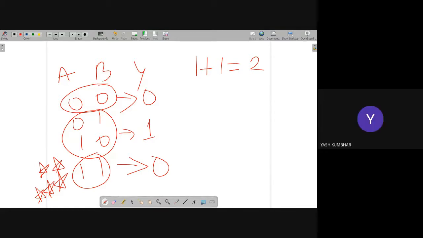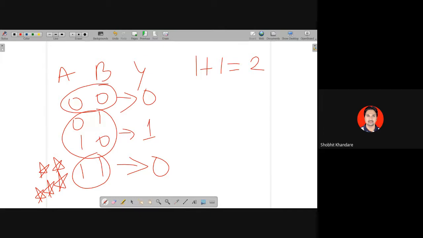1 plus 1. Decimal addition. Very good. Yes, I was expecting that answer. It is a decimal addition. Yes, it is arithmetic, but you should be specific now. Now that you know the number system, you should be very specific. You should say, sir, 1 plus 1 is equal to 2 in decimal arithmetic addition.